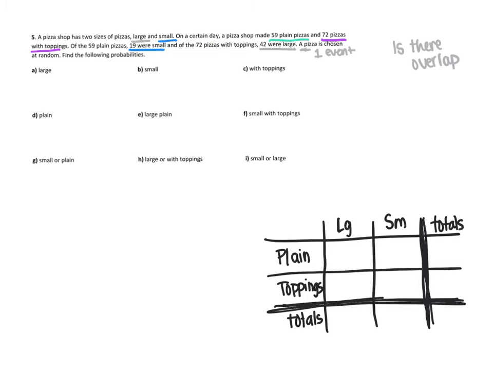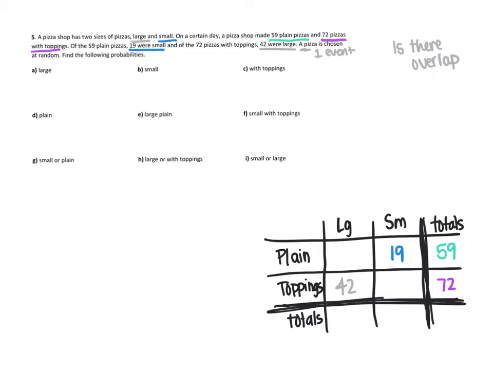Okay, so let's start filling in this table. So I know that there were 59 plain pizzas made. So I'm going to come over here, and there were a total of 59 plain pizzas and a total of 72 pizzas with toppings. All right, of the 59 plain, 19 were small. And of the 72 pizzas with toppings, 42 were large. So that's all the information they give me,